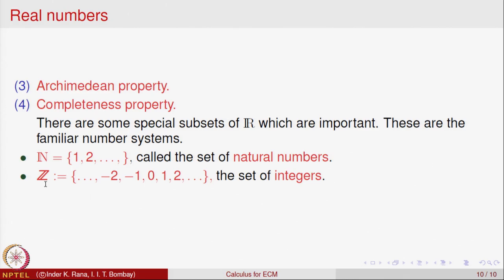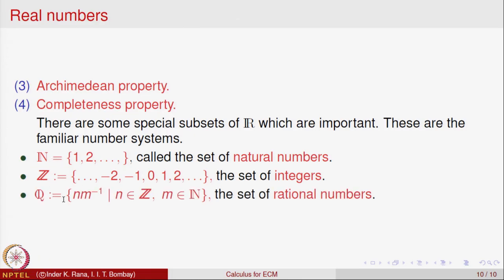This is denoted by Z, the English alphabet Z in script. So, N is natural numbers, Z is integers, and then we have the fractions. How do fractions appear in our number system? Given a number n, an integer which could be positive or negative, and a number m which is a natural number,